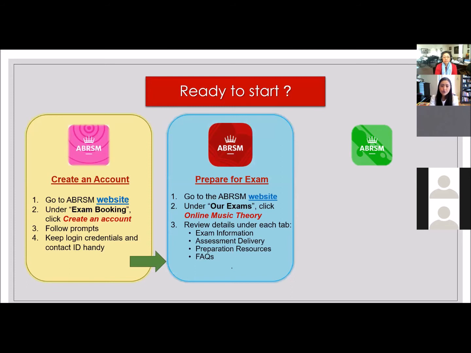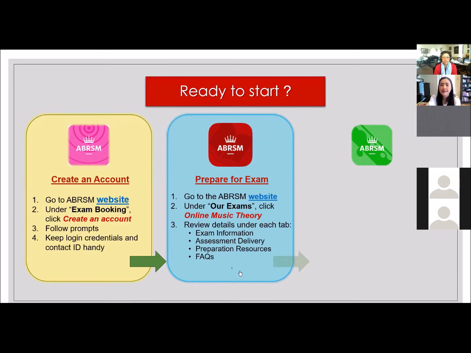After that, you go to the website, look under exams, online music theory, and make sure that you know what information is required in order to take this exam. Dr. Ye talked about the resources and the materials, and I also alluded to the 4 squares on the website. These are the 4 areas to read over.